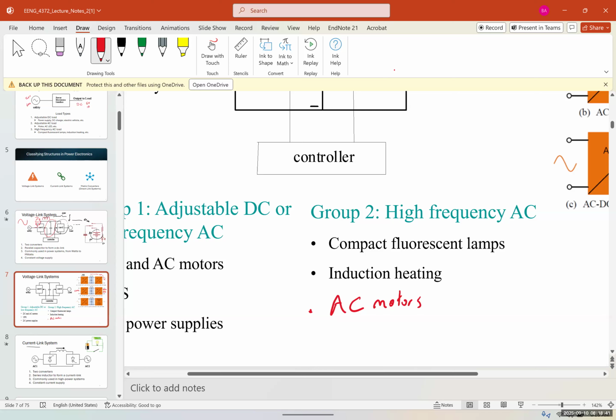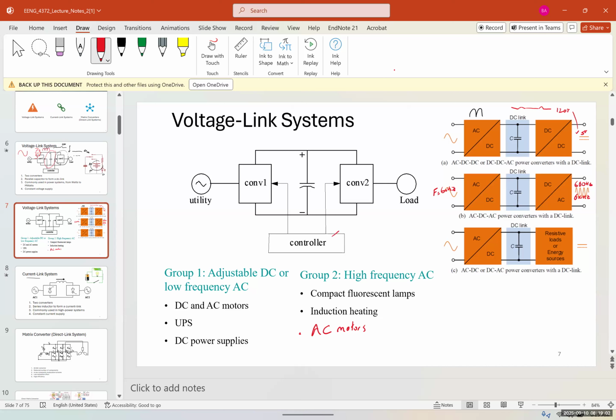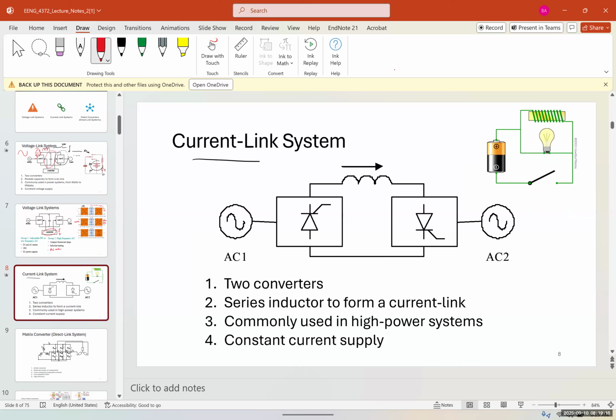And the controller here, you can see the controller in the middle controls the frequency or the voltage in the output. So you can have a controller to control the frequency of the output or the voltage in the output. So the second type of link system is the current link system. The current link system,